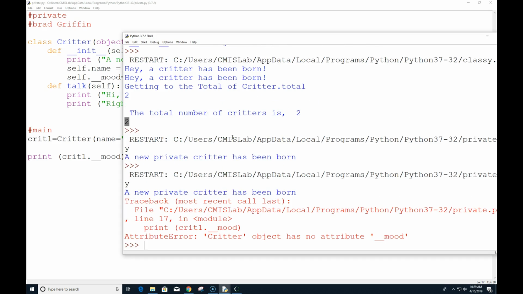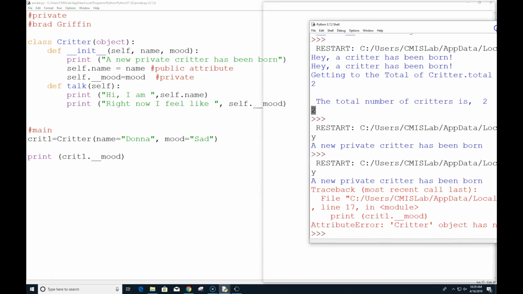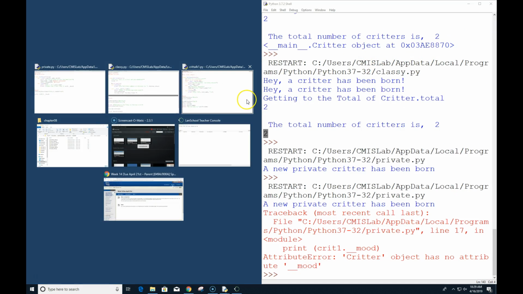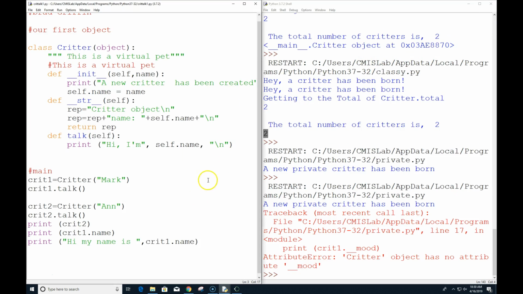Oh. But wait, we created it, right? Why is it giving us an error that says, oh, didn't want to do that? Why is it saying there isn't one called mood?